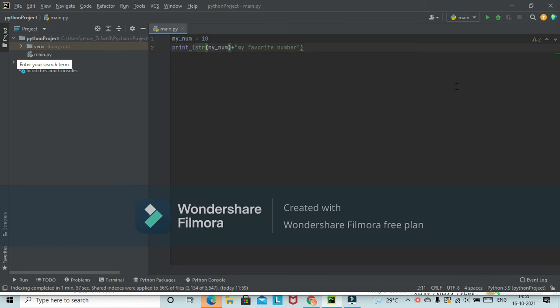I will show you another way to use strings and numbers. I can come over here and say plus quotation marks, and inside of these quotation marks I can type my favorite number, and we will be able to print the number along with the sentence that I've written over here.